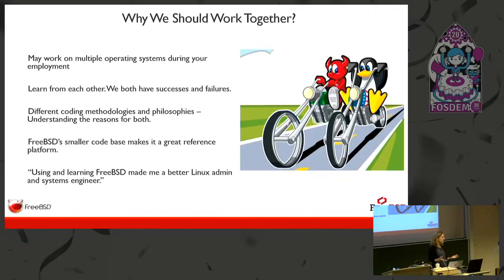Then I would choose a smaller one because it's going to be easier to find what you're looking for. FreeBSD, if you look at the whole operating system, it's about 17 million lines of code. A Linux distribution, I can't even tell you how many lines of code because they're all going to be different too. But it just gives you an idea that it's a great place to learn about operating systems.